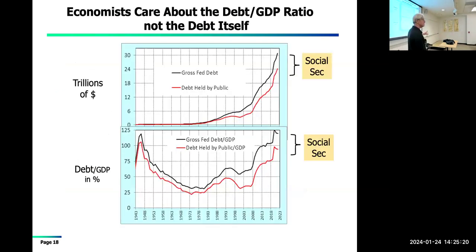Okay, so this is the graph to see how you really think about this. First, you can get the gross federal debt and you can get the debt held by the public, and you can see there's a difference in the number, and they've both been growing. The difference is largely, not all, but mostly Social Security, and the ratio is almost 100% on the publicly held debt. It may have crossed 100%, but this is the latest data I have. 100% has cachet. It doesn't really make any difference whether it's 99% or 101%. It just doesn't. But it has political